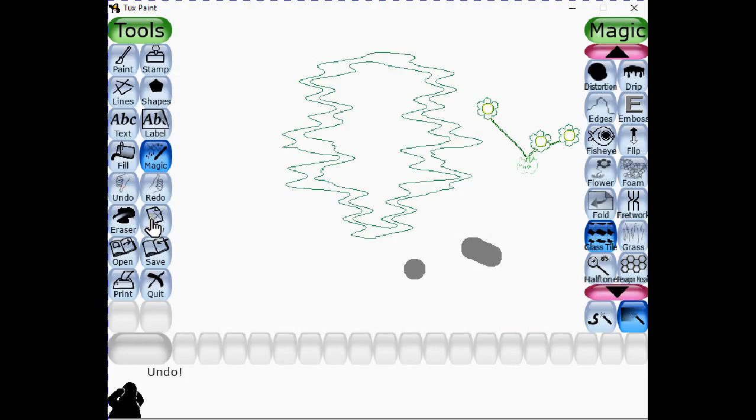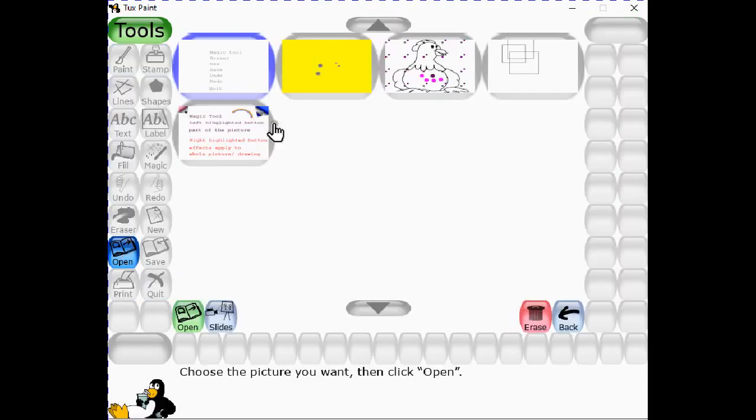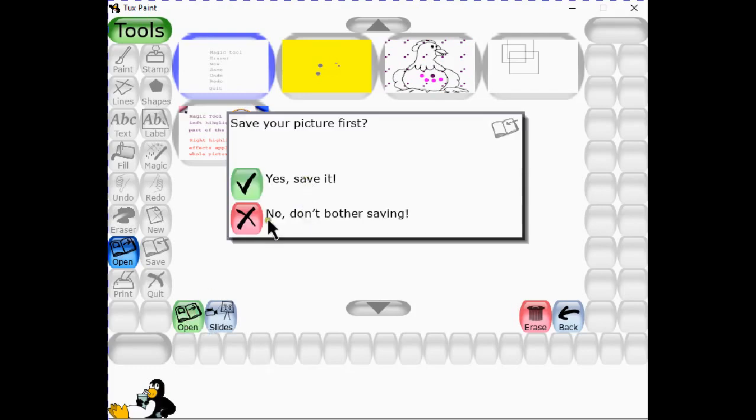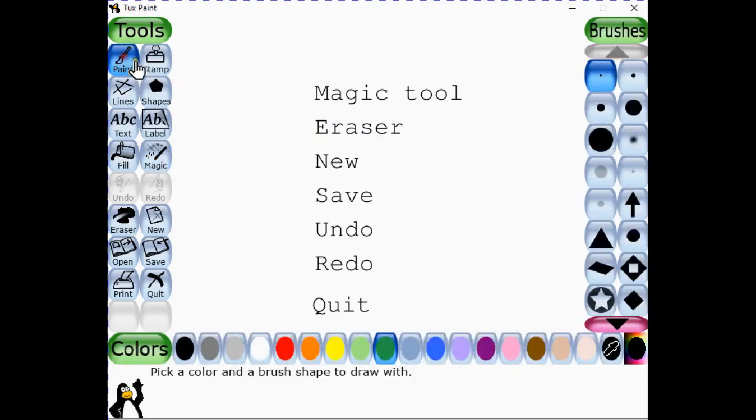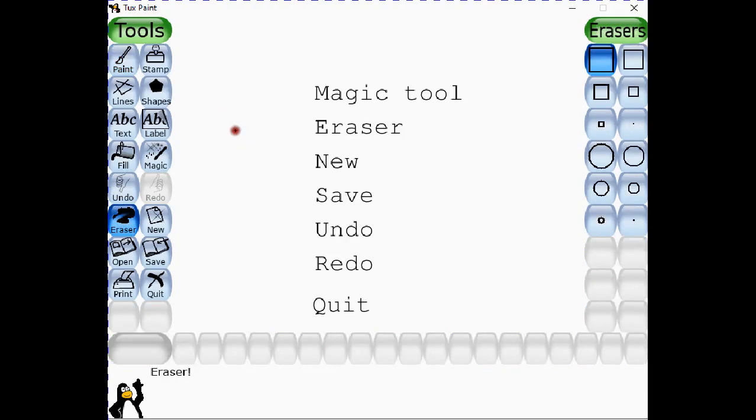So once we are done with it, there are other controls as well we have. Let me show you that one. I will be opening this one, so I don't want to save that. Eraser tool we have already discussed. It is available over here. If you have done some mistake, you want to erase some of your drawing, so use this eraser tool and erase your drawing. Correct it if you want to do it.